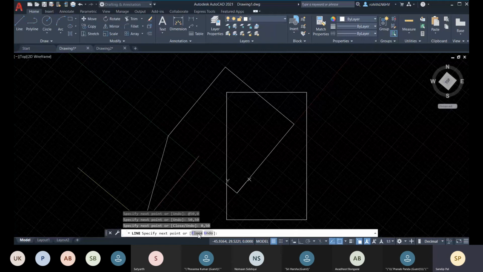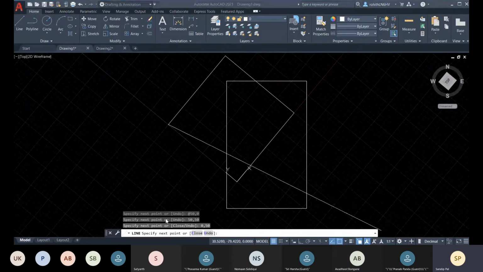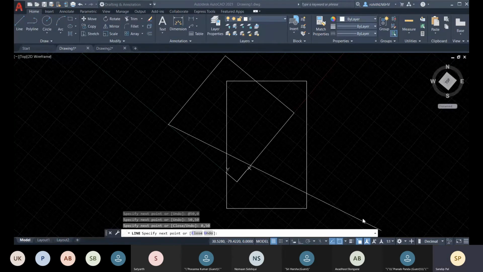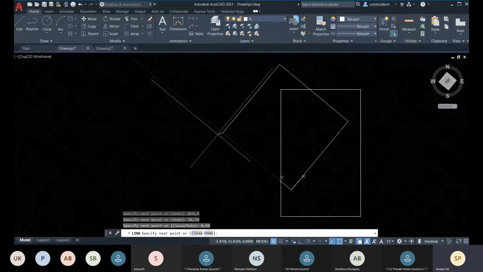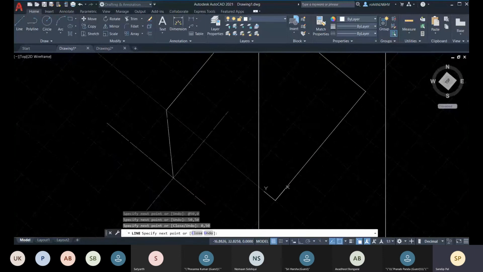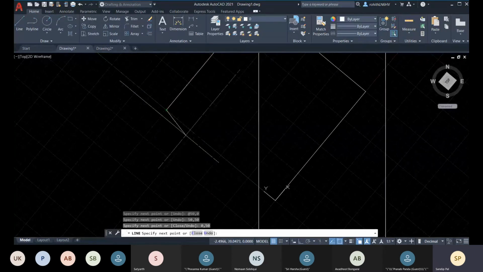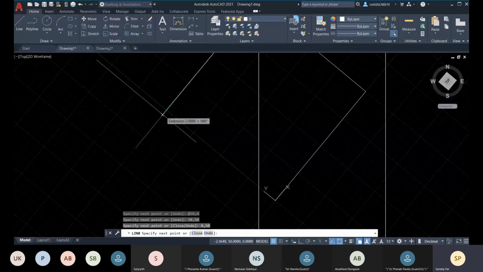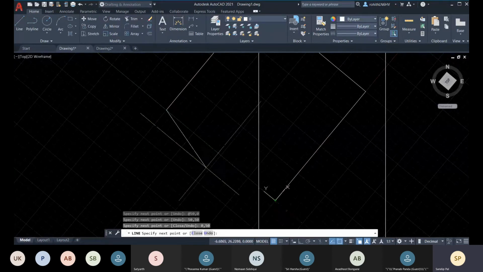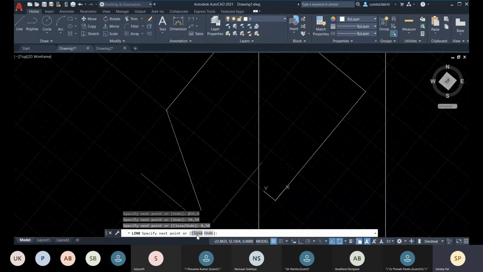After that you can click on this close option. What it will do is close the segment from the last point created to the first point created. So let me click on close.